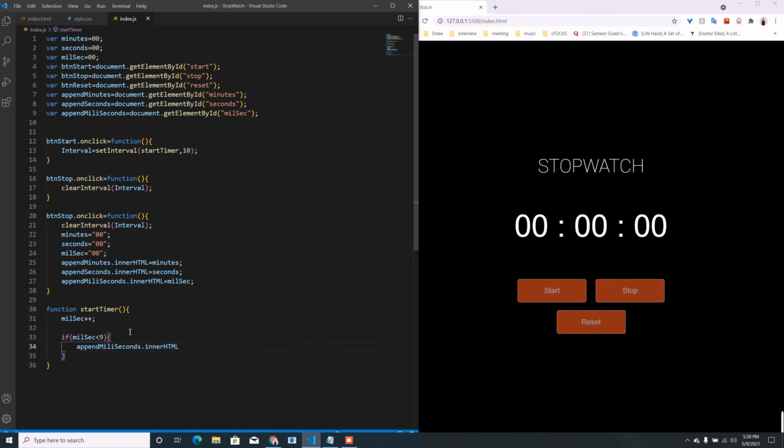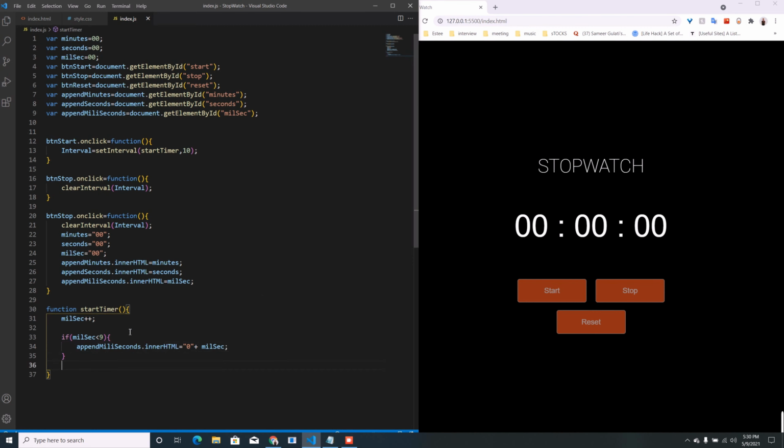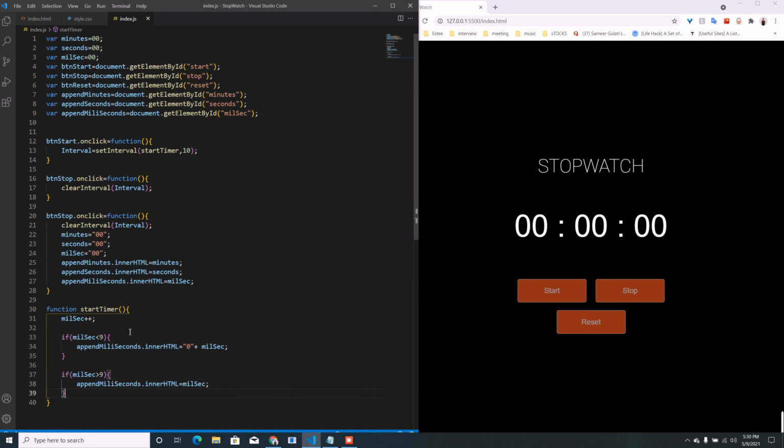So we are going to append millisecond.innerHTML as 0 plus the actual value. And if it is greater than 9, we don't have to include any preceding 0. So same if condition, and if millisecond is greater than 9, then it is going to be append millisecond.innerHTML, I'm not going to repeat this every time. So we just have to append this millisecond.